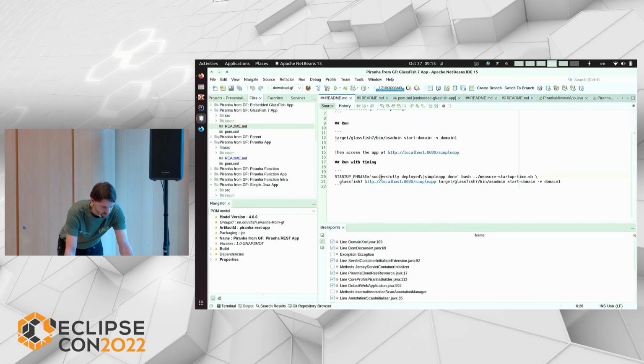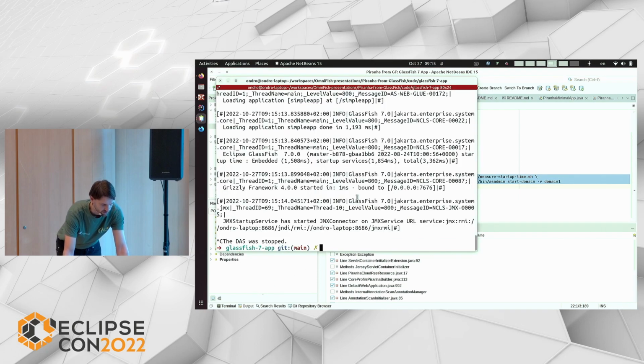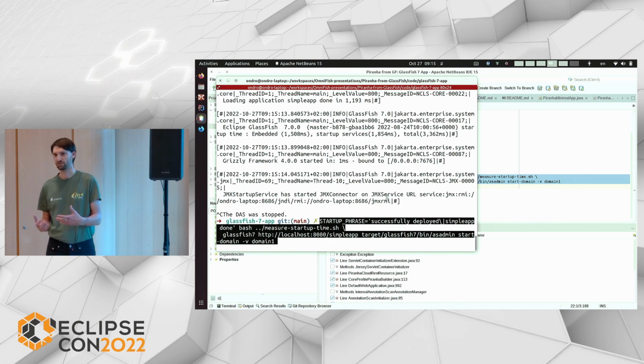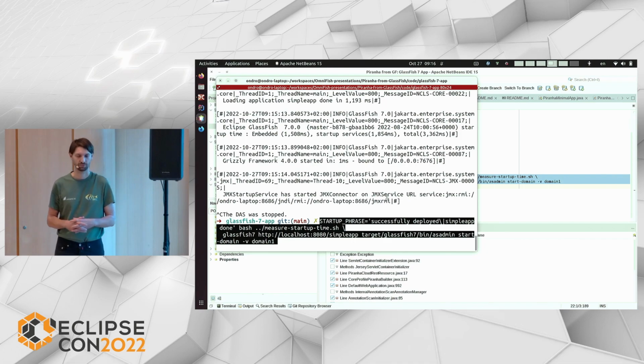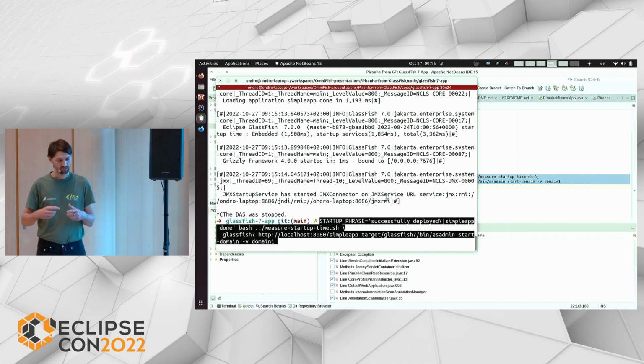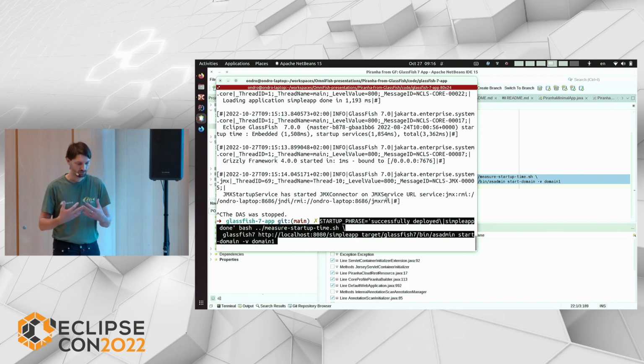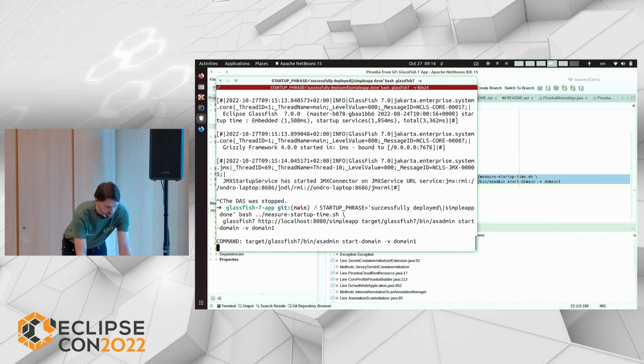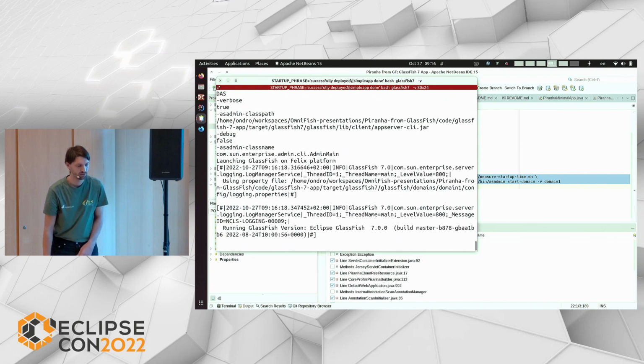I have a script to measure the time from the start to actually serve the first request. Not only the time that GlassFish reports it took to start, because there's some JVM initialization before GlassFish can even start measuring, and then something happens when you issue a first request. So I want to know when the application is basically ready to serve the first request. So let's measure it.